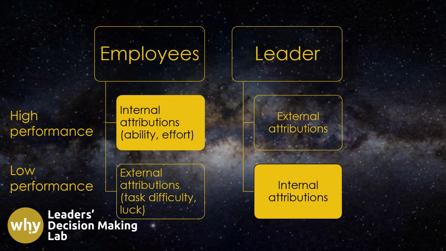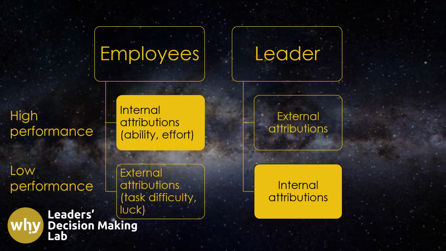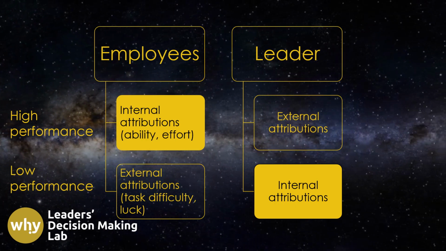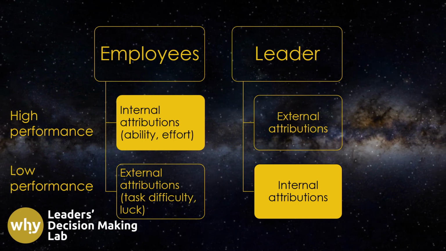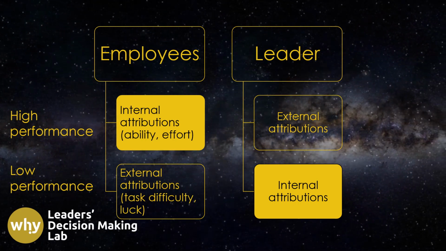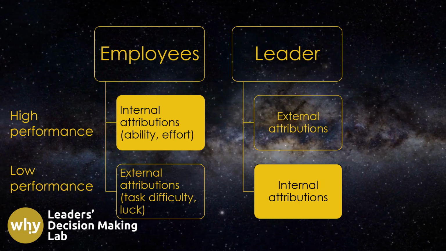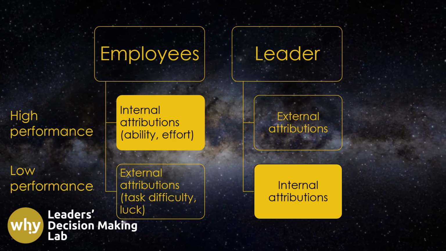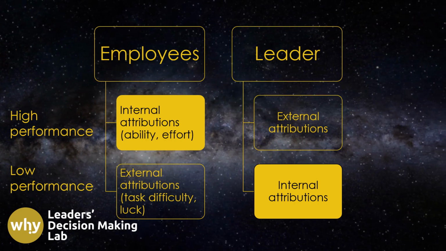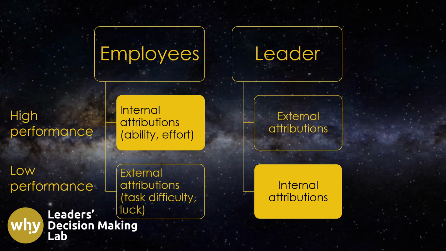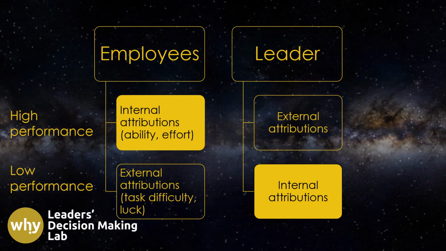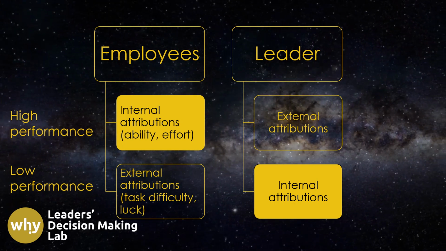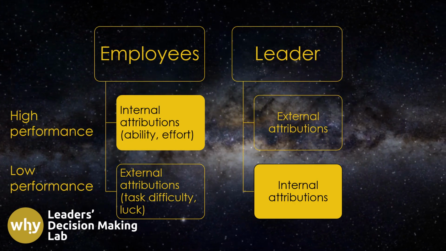For example, a leader may attribute an employee's subpar task performance to a lack of ability, while the employee attributes it to equipment failure. In this case, when the leader reprimands the employee, the employee feels unjustly blamed for the situation and believes that the leader fails to acknowledge the equipment issue. This can lead to reduced productivity, decreased satisfaction, and a deterioration of the leader-employee relationship.